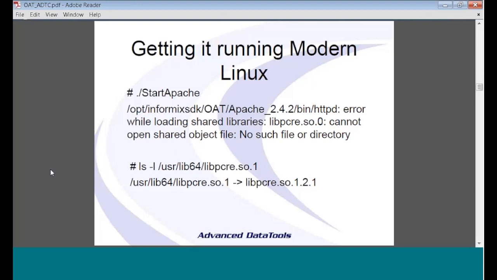I'm going to actually pull up here to show you exactly what this looks like. This is an OpenSUSE 13.1 latest version. I have the latest version of the client SDK, the 4.10 FC2, installed. And what I'm going to do is go over to the Informix directory that I installed it in. And you will see there is a directory called OAT. Under OAT, this is where you have your start Apache and stop Apache scripts. And if I try to run start Apache,